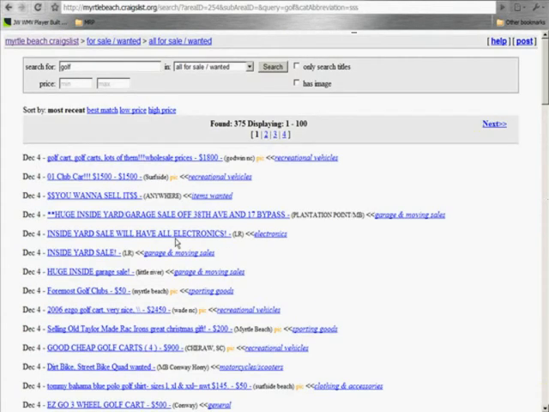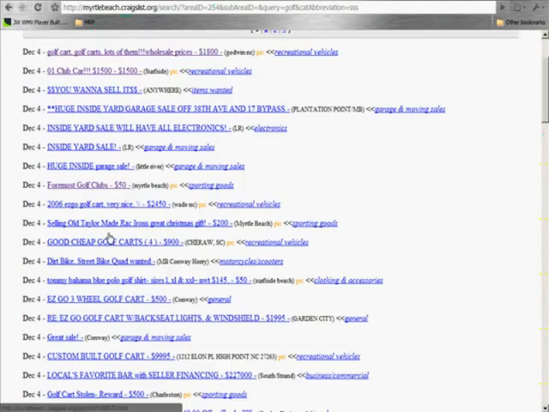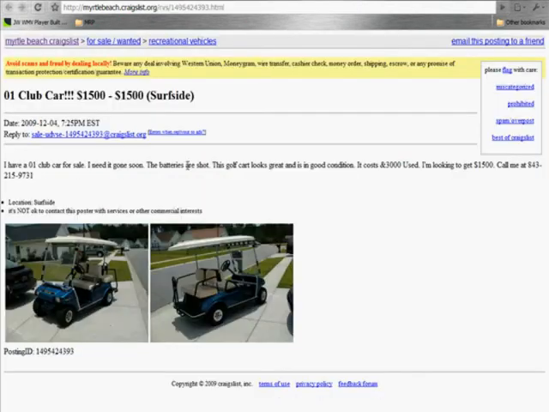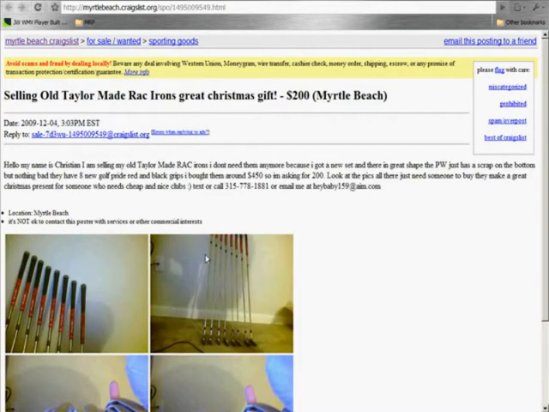And because I've already done my research like Google Trends, I know that North Myrtle Beach is one of the hot spots when it comes to golf courses and golf. So as I'm going through here, I'm just going to open them up. And I'm going to search for Myrtle Beach, basically. I only want Myrtle Beach. Okay, so just by looking at all of this, I can see that a lot of people are just mainly selling golf clubs,